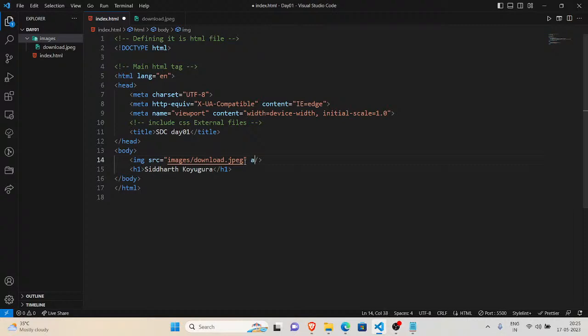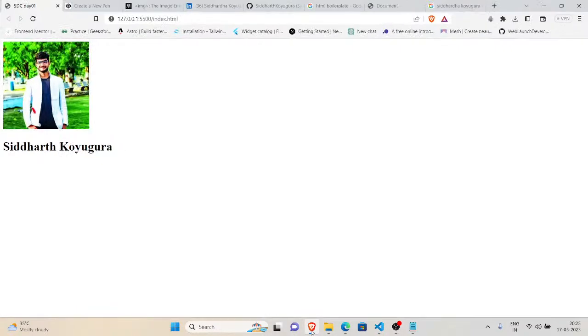For example, I have given the alt attribute. This is Sid Koigura. And here you can see, where is my text? This is Sid Koigura. Shivakumar, Santosh Kumar says it gives a name under the image. Sorry, Prakash, it does not give a name under the image. Santosh Kumar, you are wrong. Instead of the image, alt is shown. No, it does not work like that.